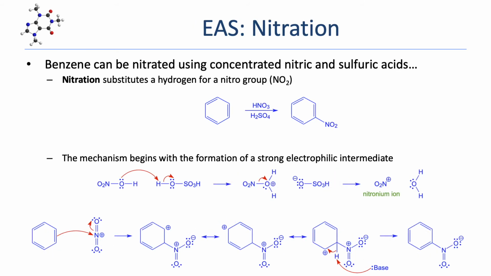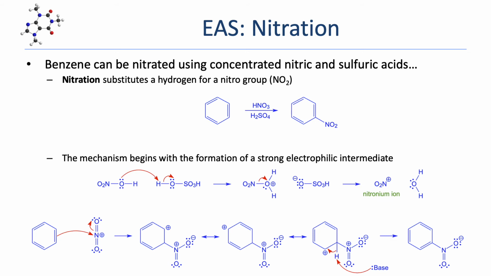Up next, we have the EAS nitration, which substitutes a hydrogen for a nitro group on a benzene ring. As you can see from the example, the reagents are simply nitric acid and sulfuric acid. Once again, the first part of the reaction mechanism is the formation of a powerful electrophile from the nitric and